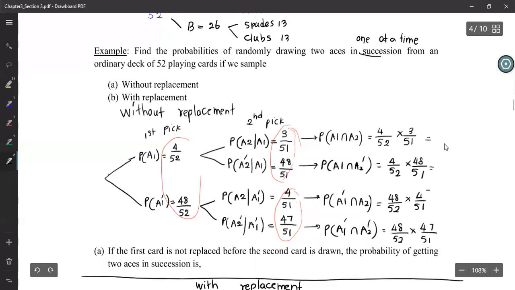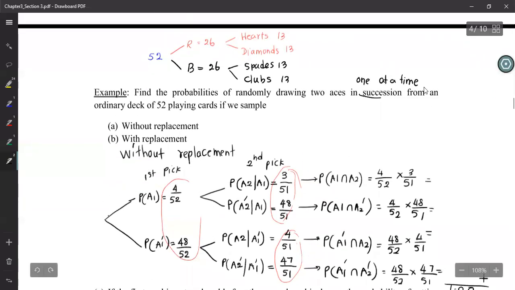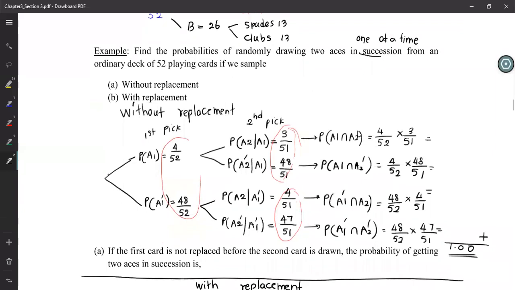And you can multiply these values, okay? And if you want to double check, add them together and see whether you can get 1. You should get 1, okay? Right. So for any problem like that, you can draw a tree diagram like this, a complete tree diagram, and then using that, you can easily figure out the answers. Okay. So when you do a few other examples, you'll see how to use the tree diagram in other different contexts.